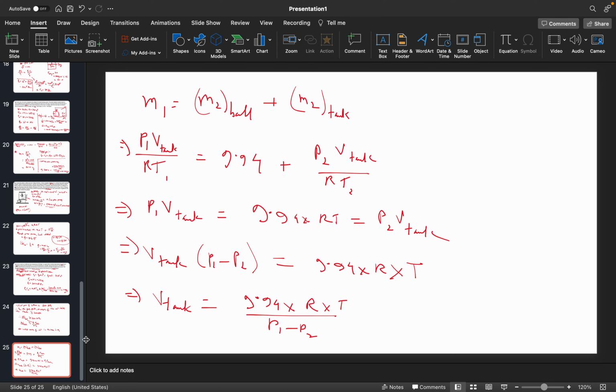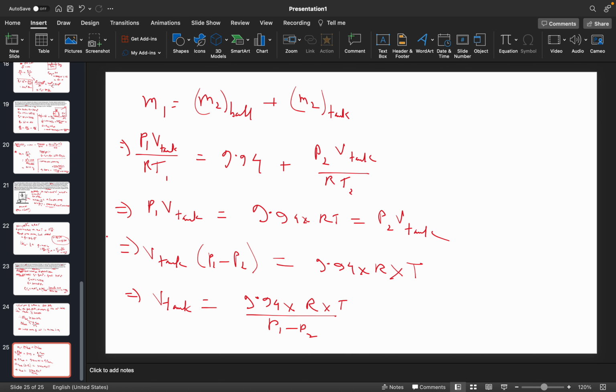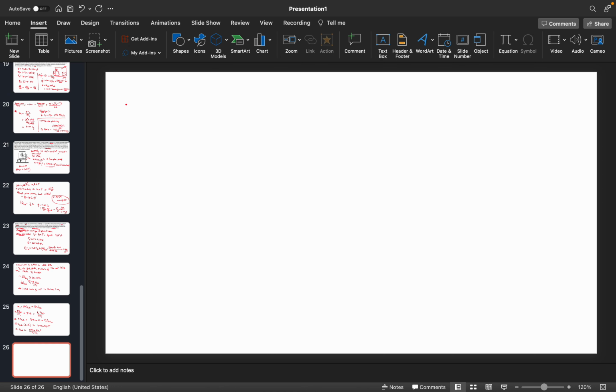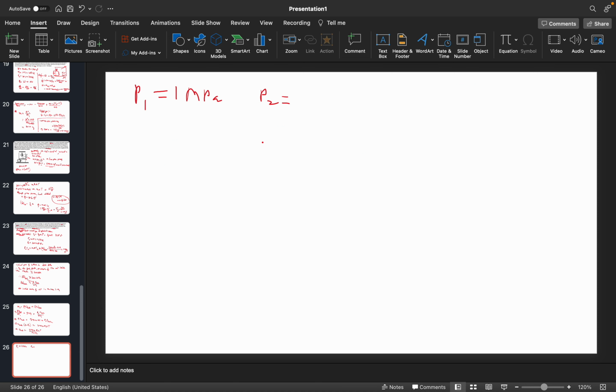Now let us check, do we have all these things? P1 is given to us of the tank, 1 megapascal. P2 of the tank, it should be minimum, because it is asking for a minimum volume, so we can take P2 as 200 so that we can calculate the minimum volume inside the tank. So we will take P2 as 200 kilopascal. Okay, we need to calculate the minimum one, so we have P1 is equal to 1 megapascal, and P2 as 200 kilopascal,